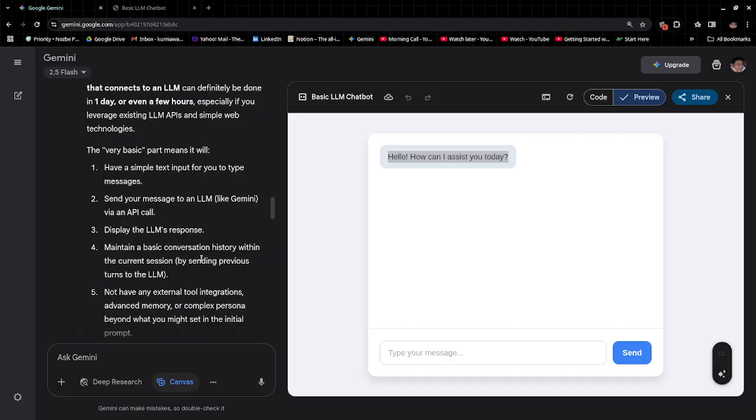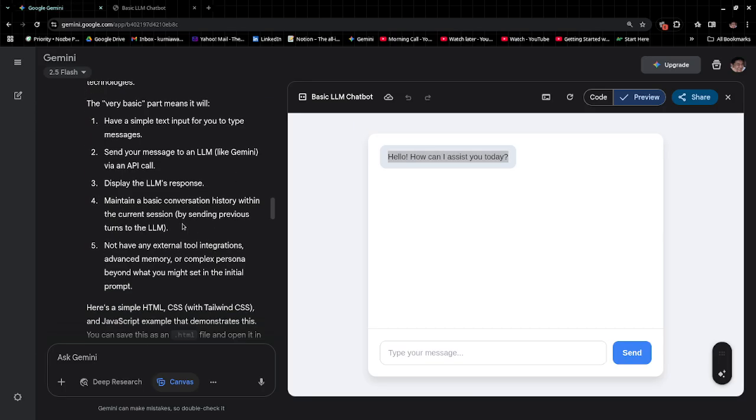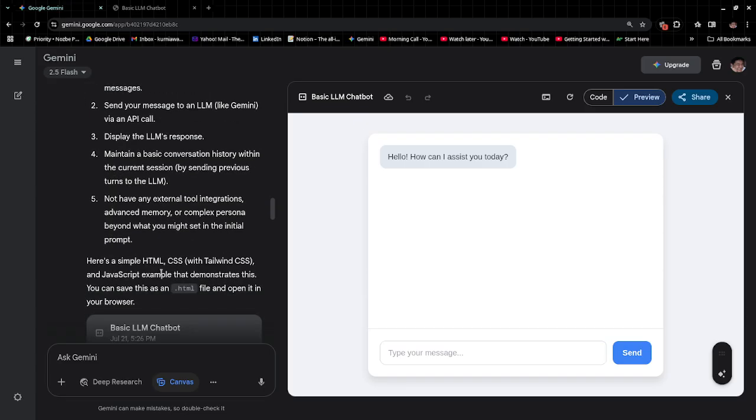Then we maintain basic functionality with the current session. So basically, it writes the history of the chat here from us and from the LLM. So it will go new. Okay, I will not have an external integration and complex persona beyond what you might set in the initial prompt. Okay, so this is simple, with CSS and JavaScript. We do need JavaScript to quite